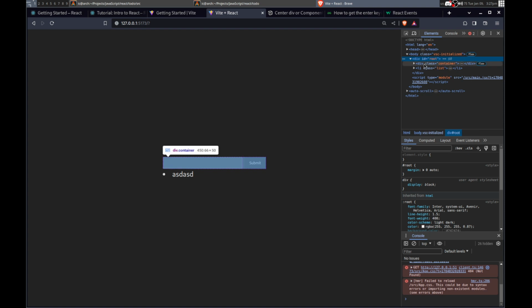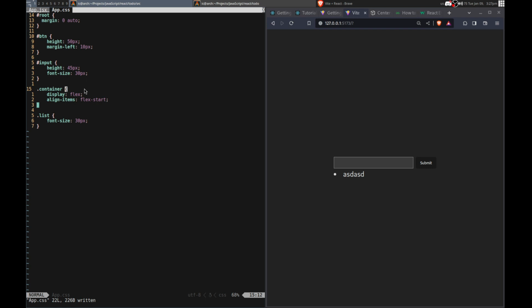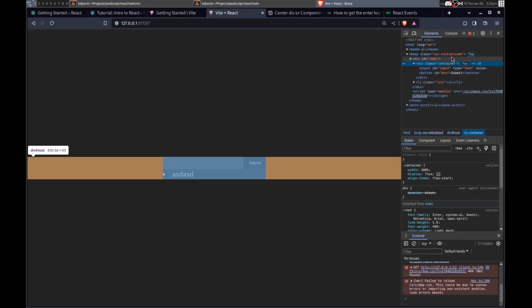So, container width? 100% though. Is that not one? Shoot.